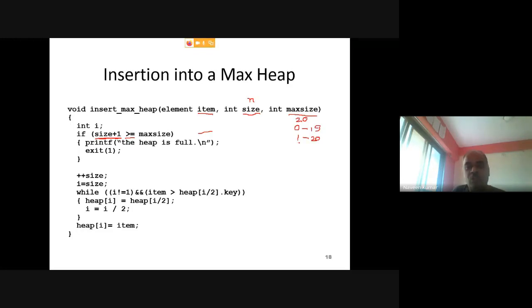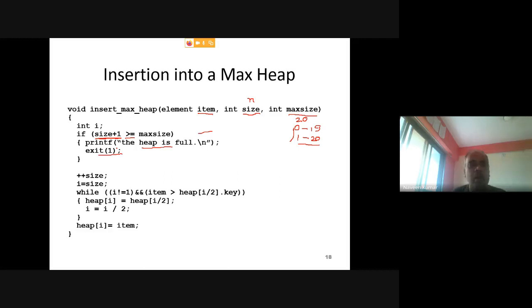If you want to store from position number 1, you can only store 20 elements. In both of the cases, you need to check whether there is an empty space or not. If you consider this, then you need to avoid this equal to. If you are storing values from 0 to max size minus 1, then you have to compare with greater than or equal to. So if, after increasing the size of the max heap elements by 1, it is greater than or equal to max size, meaning space is not available, then you need to print max is full and exit from that algorithm. You cannot insert because there is no empty cell, right?